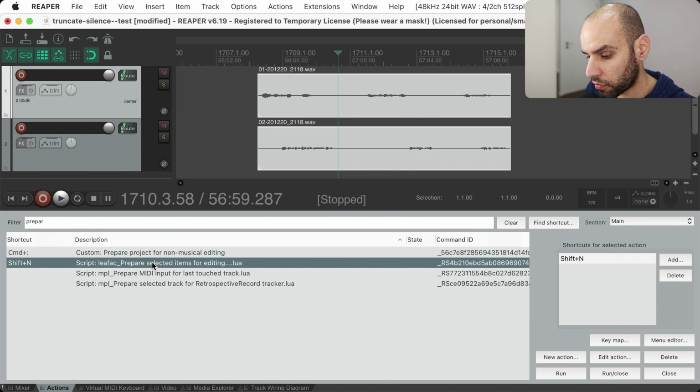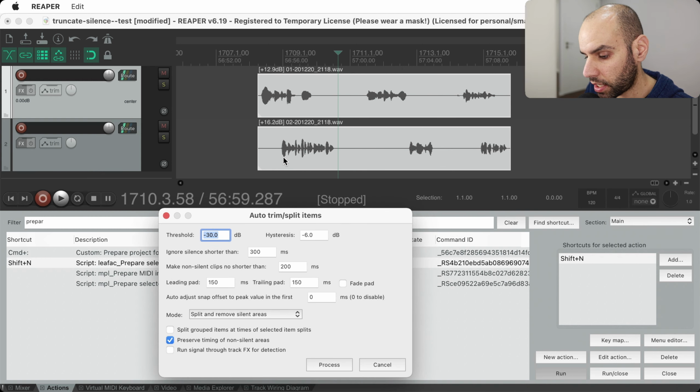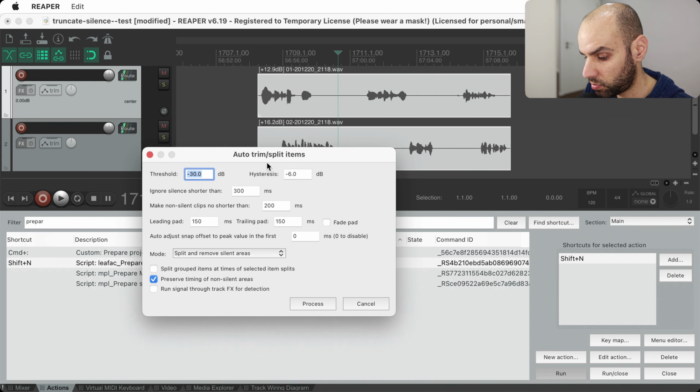I'm going to show you first my favorite, and I think that's the one most people are going to want to use. It is called Prepare Selected Items for Editing. And you just run this script. It is going to normalize all the tracks so that they are about the same level. Then it's going to show you this window where you can set different parameters for what you consider to be silence